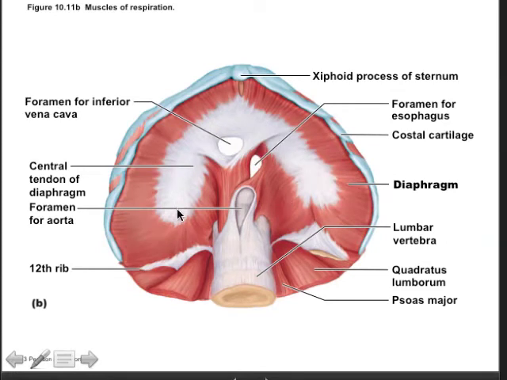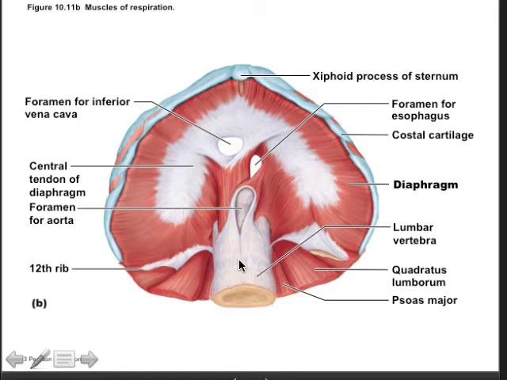And remember that this is the right side of the diaphragm, this is the left side of the diaphragm, and then of course this is the spinal cord, and you can see here the lumbar vertebra and the anterior ligaments. So when we breathe, what happens is that the phrenic nerve will innervate, basically signal the diaphragm to